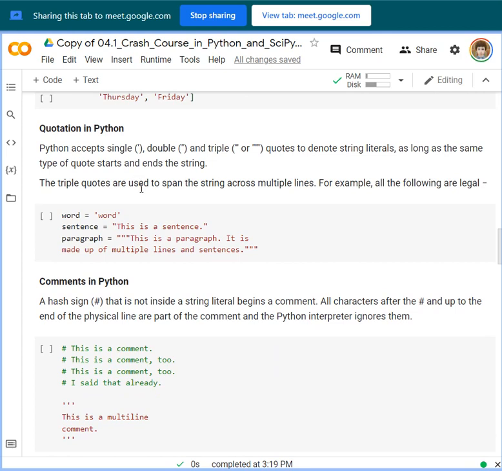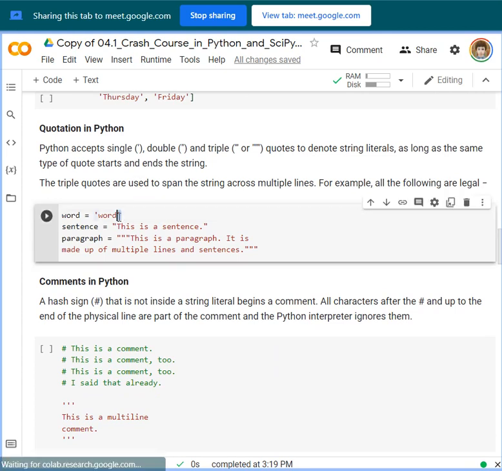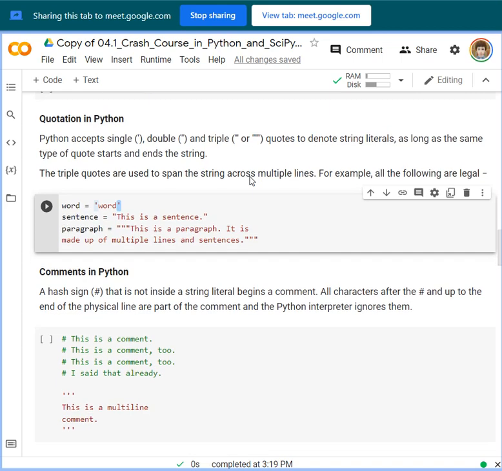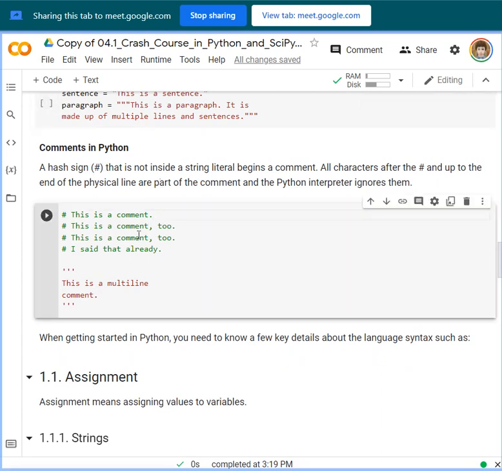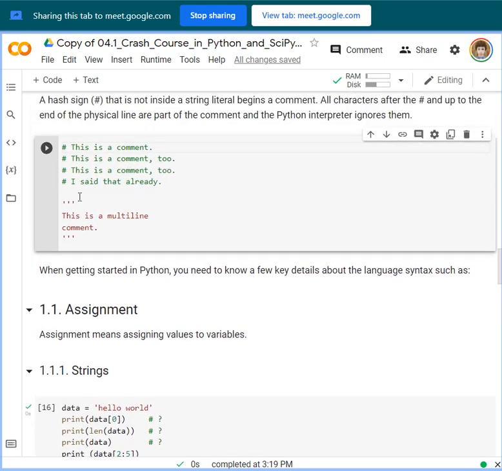And for quotations, you can use single, double, and triple quotations to denote string literals. For comments, you can use a hash in every line of comments, or triple quotations.